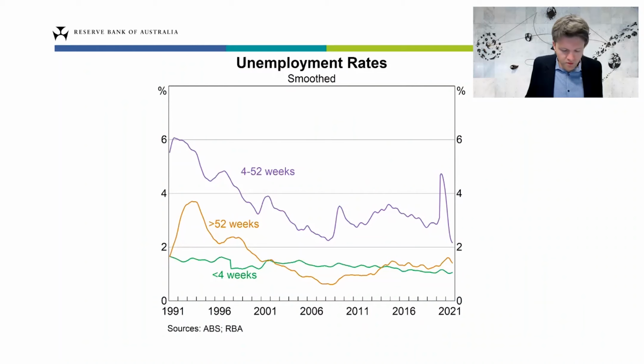But then what looks to have happened is that over time, as the labour market tightened and we went through an unprecedented economic expansion, employers became more and more likely to hire workers that they previously might have considered less desirable. And so some people who'd been structurally unemployed were given a chance. They were given a job which gave them the opportunity to develop the skills and experience that they needed in order to improve their future employment prospects. And so that could also be part of the story for why the NAIRU has declined over time.